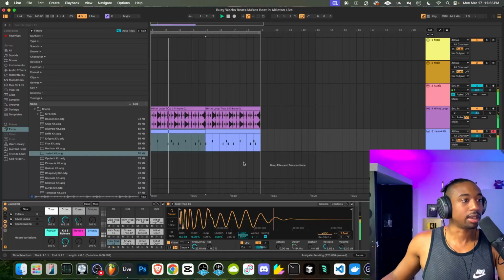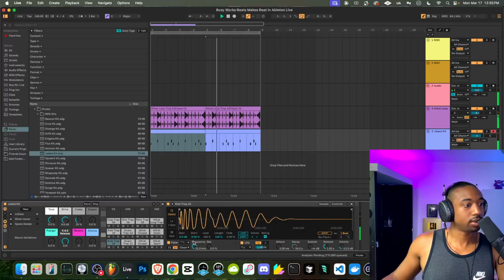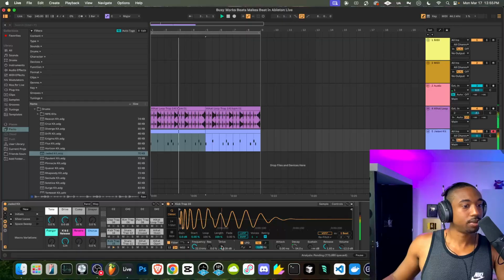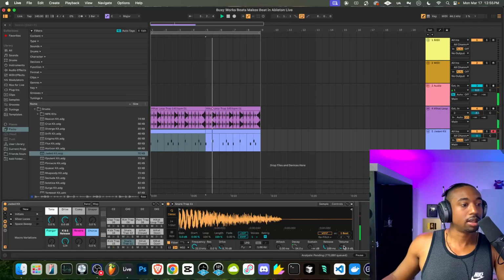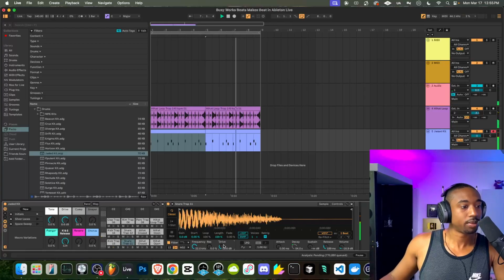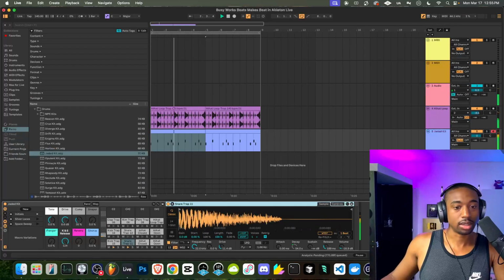So let's try to enhance this kick a little bit. Let's go to where it says filter right here. Let's switch this to MS so we can add some what's called drive. Too much drive can distort the sound though. Let's do the same thing with the snare. Add some drive to it. We can pull down the output gain. I just wanted it to sound more distorted. Okay, so far we have a decent bounce, nothing too crazy.